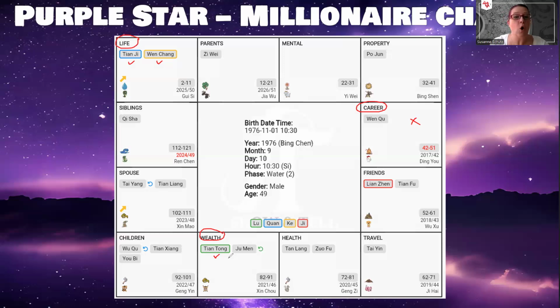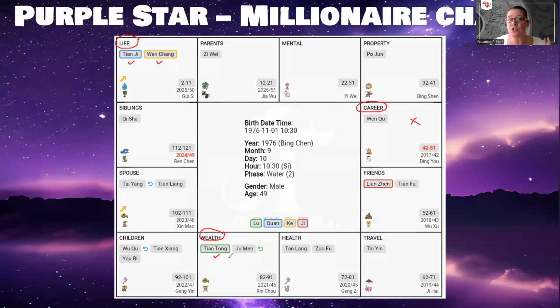So in your case, hopefully, if you have this formation, maybe you have a green one in the life palace and a blue one in the wealth palace and a yellow one in the career palace. How they are distributed among those three palaces is actually irrelevant. You may even have all three in one palace, maybe all three in the life palace, or all three in the career palace, or all three in the wealth palace. That also qualifies as long as you have three of them in those three palaces.